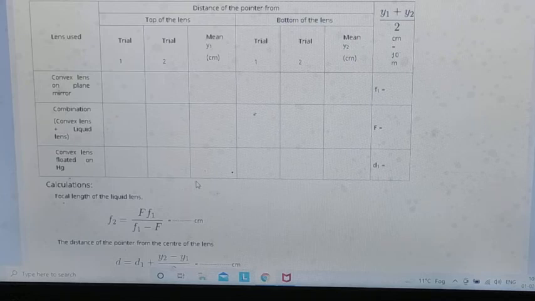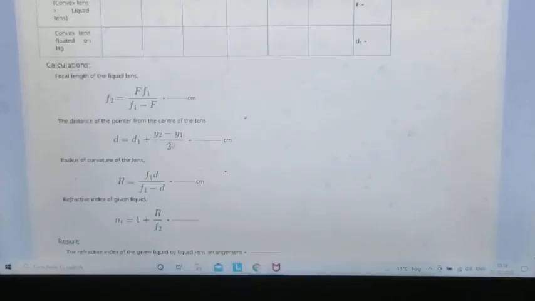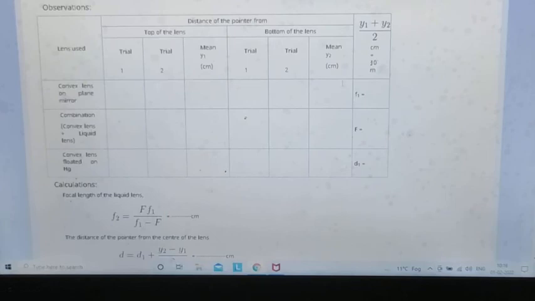After that, d1 can be calculated. You have to use this formula, the distance of the pointer from the radius of curvature of the lens. That can be calculated here, where y2 and y1 are already given.